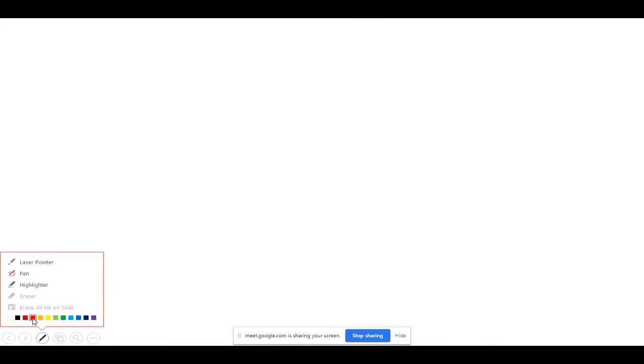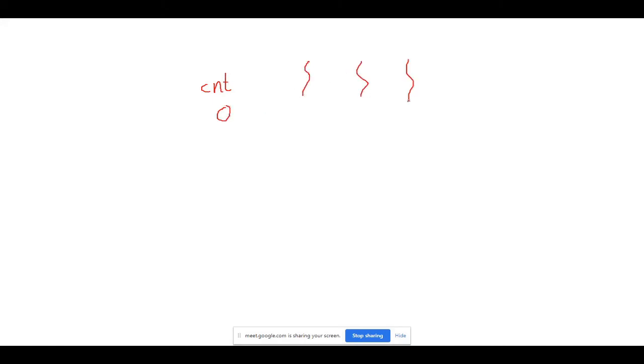Yes, ma'am. Okay. So initially, variable count has the value 0, and we have 3 different threads, thread A, B and C. One important point to remember is that each of them has only one copy of the counter object, not more than one.